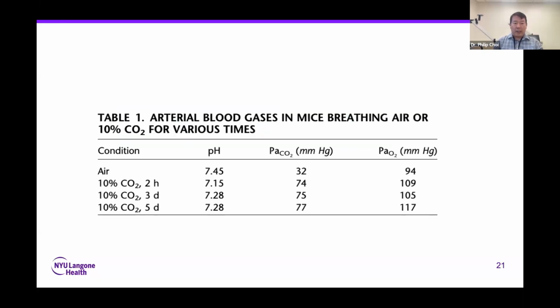What they did was they basically exposed mice to 10% CO2 for various amounts of time. So as time goes on, the pH starts to normalize, which is really simulating what compensated hypercapnia is. It's where your kidneys have time to compensate for the acute increase in your PCO2. And what they found was that when these mice were exposed to Pseudomonas,